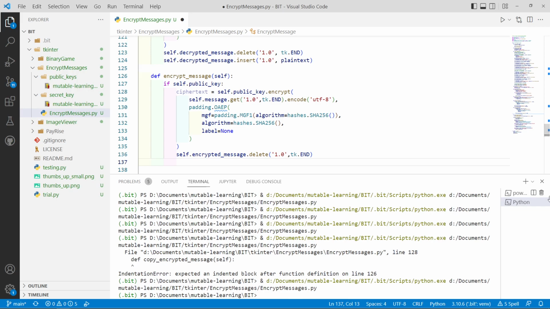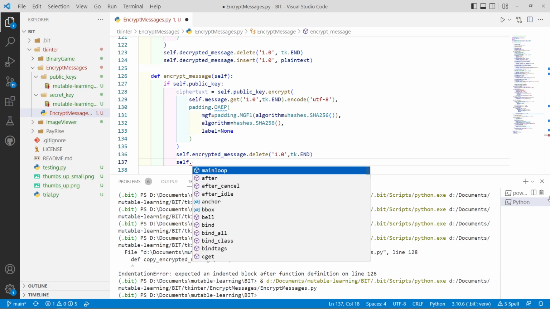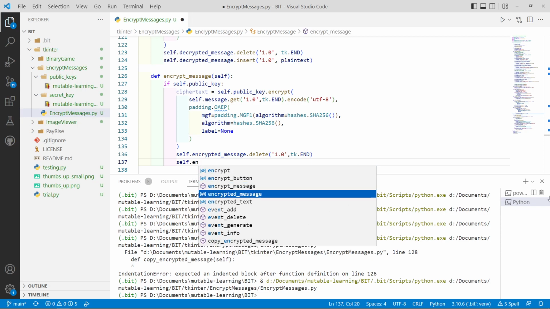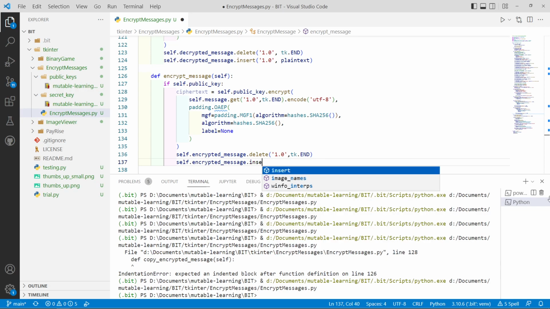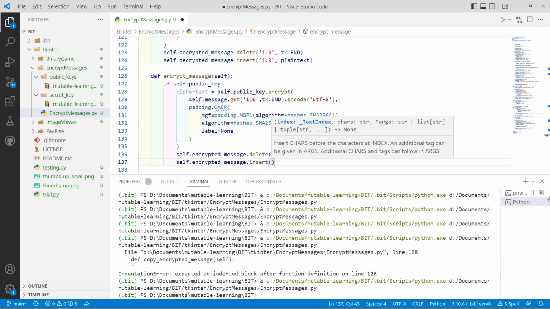Okay, and then we'll insert our new text, but we'll have to Base64 encode it. So we'll go self.encrypted_message.insert